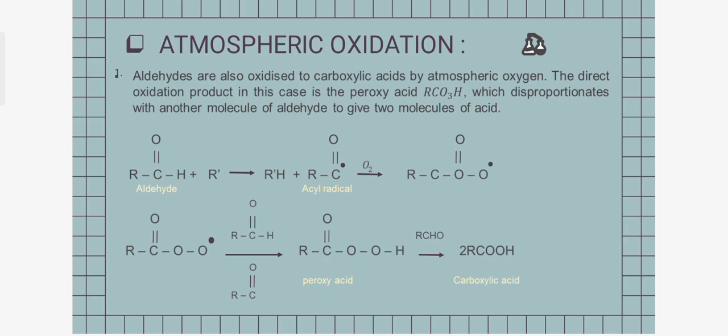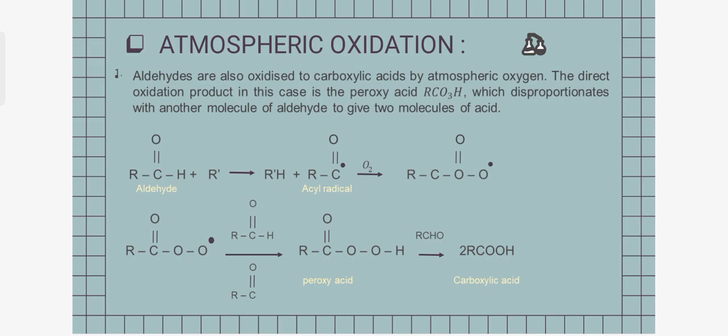So first we take aldehyde, react with R dash radical and give us R dash H, because the C-H bond is very weak. The H is abstracted from the solution and gives us acyl radical. Acyl radical reacts with atmospheric oxygen